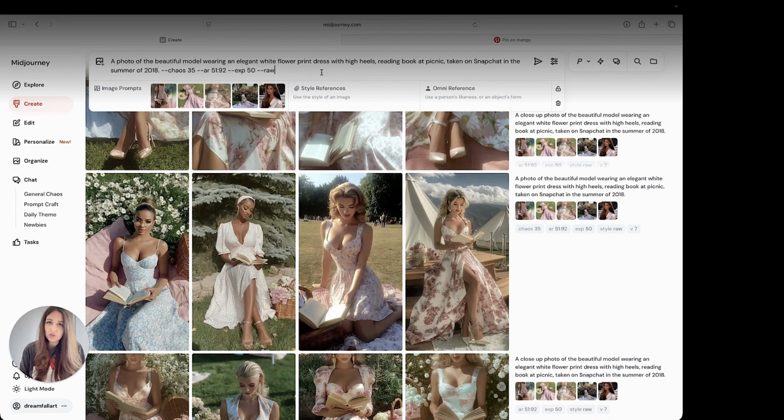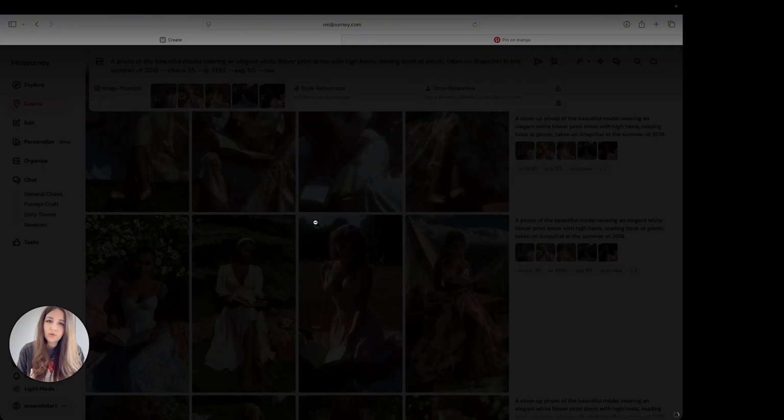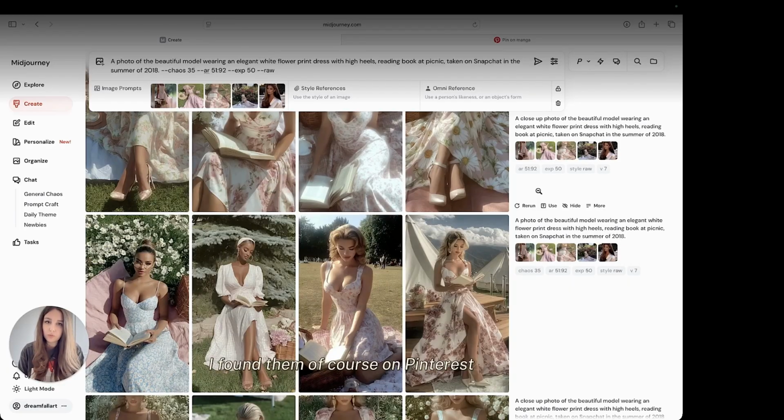Let's see closely what I used for the prompt. I used these image references. Once again, I found them on Pinterest.